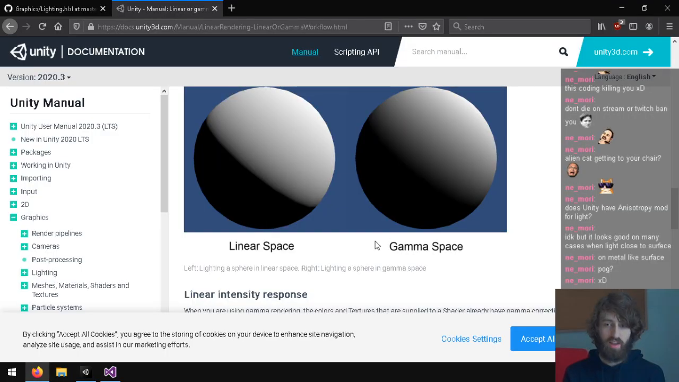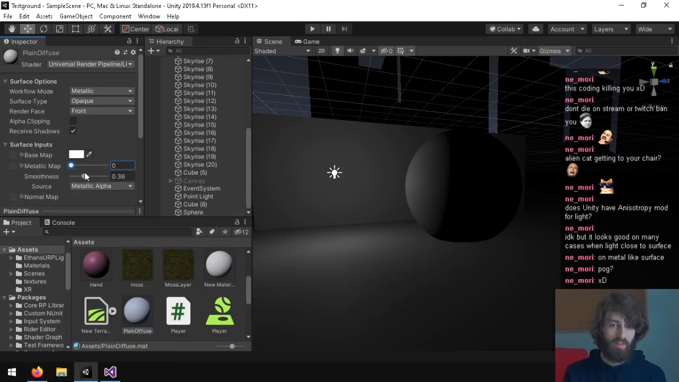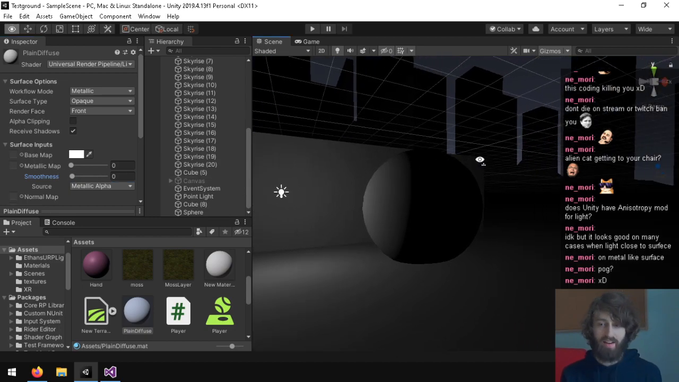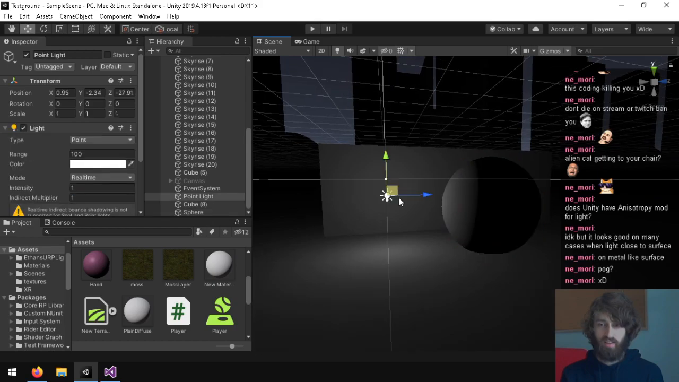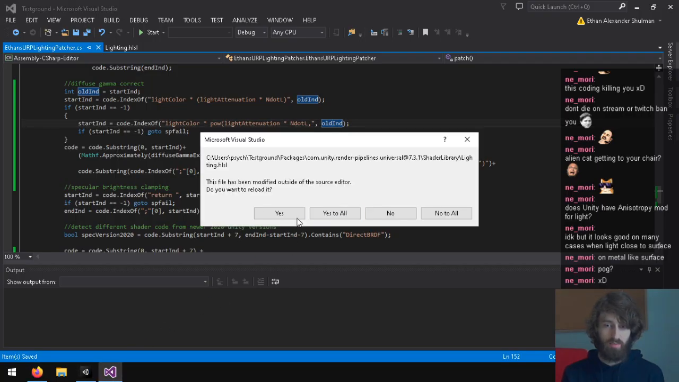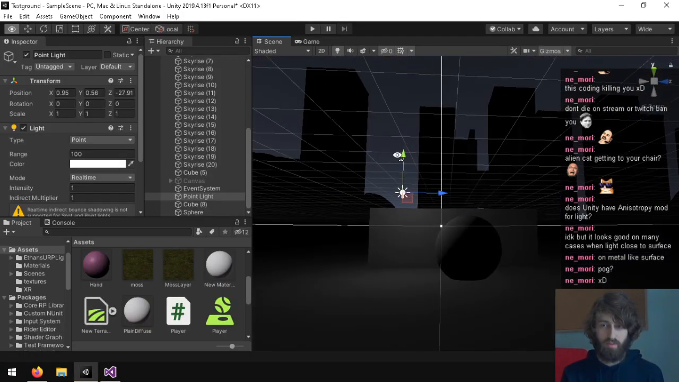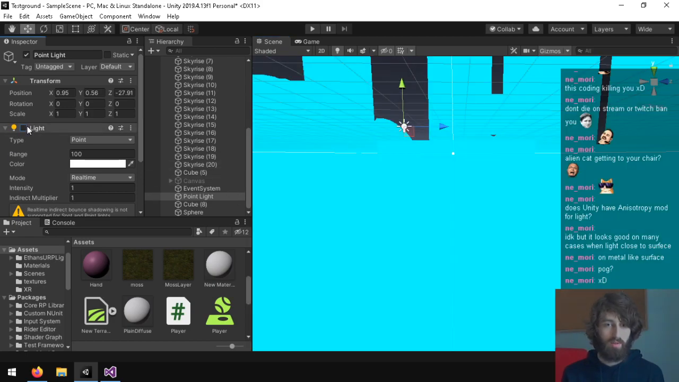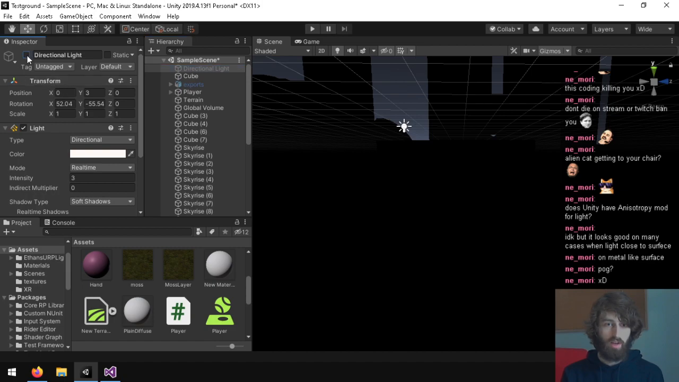So here you can see they show, oh, gamma space doesn't have correct attenuation. But I don't know why they don't mention that that's just because they didn't bother adding it. Do you see the attenuation here? This is the attenuation from linear space in gamma space. I'm using gamma space right here. I actually need to put this light far away. Or wait, if I enable the directional light,